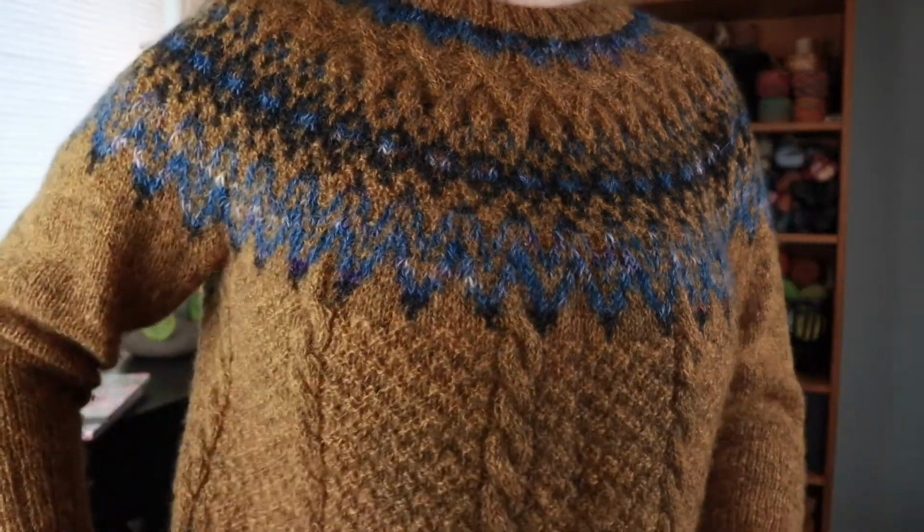Inga Semmingsen. She's a Norwegian knitwear designer based out of Oslo. And yeah, she just came out of the blue like 2019-ish, I want to say, and started publishing these amazing patterns. So at least in Norway, I think most people know who she is now. And the Fossuan Sweater is the first one that I did. It is a top-down sweater with a bit of color work, cables that go into the color work,